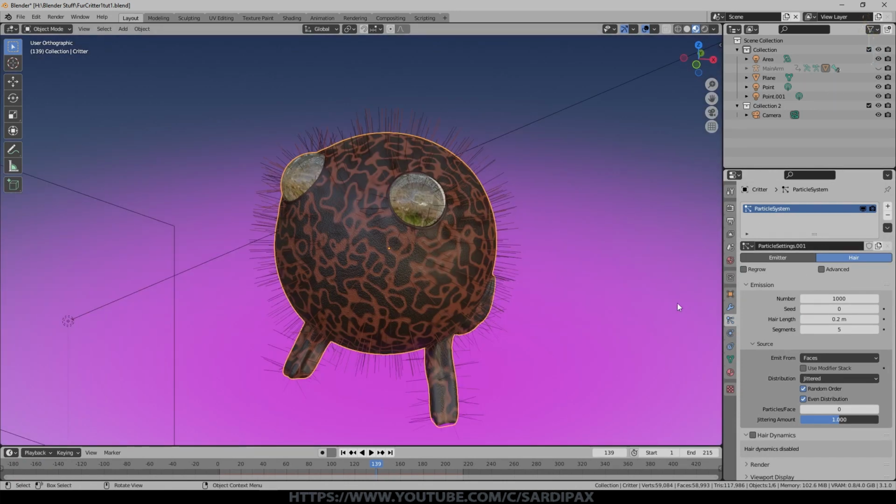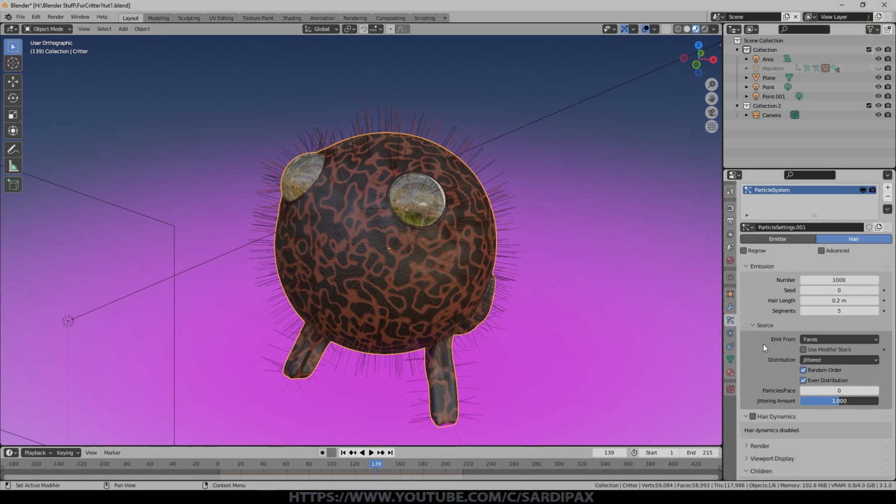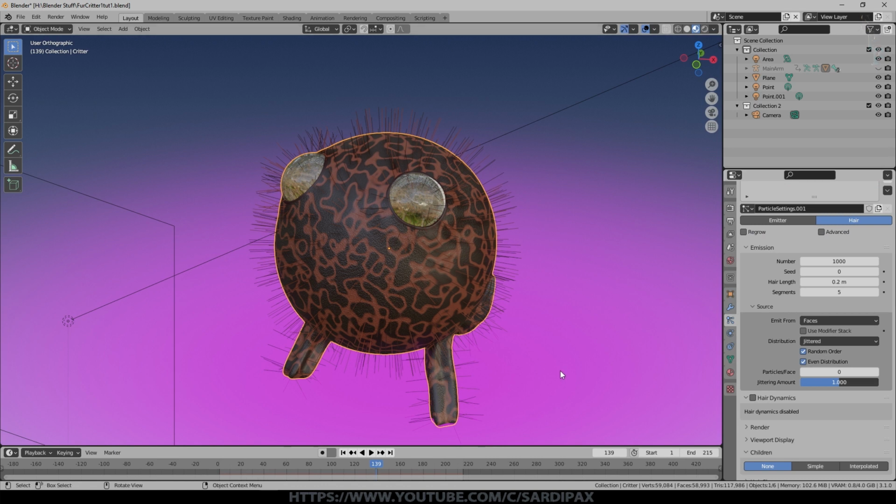To begin with, they will generally take on the material that you've got on your object, and it's also only showing a preview of the hair, so obviously it's not currently moving the way hair would move, and it's much thinner than it really is. So there's 1,000 hair particles here. So if we want the hair to move, we're going to need to use hair dynamics.